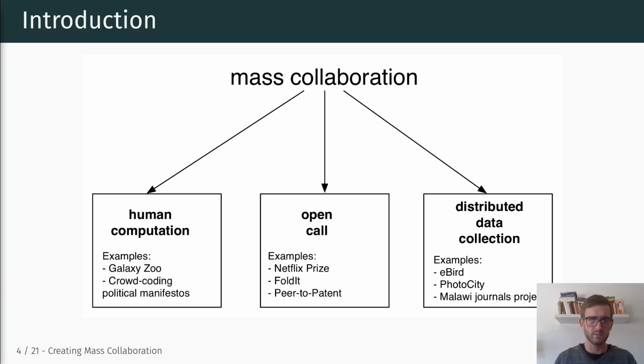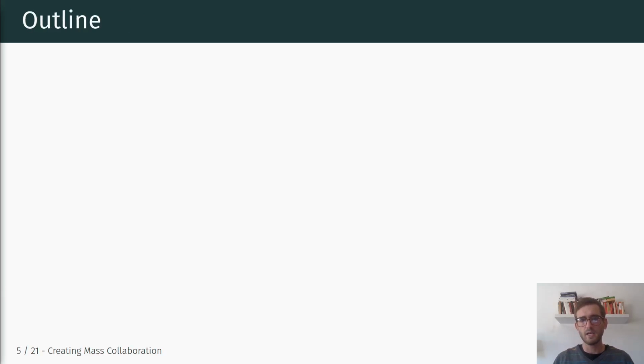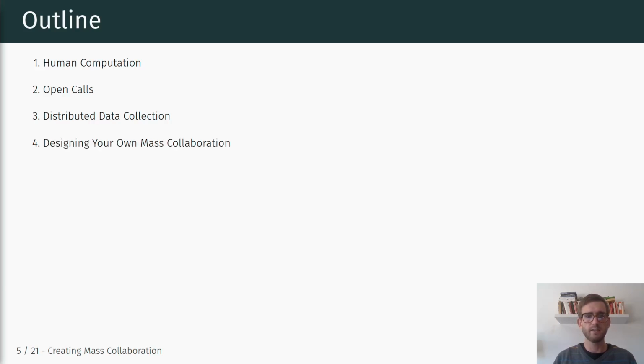And we'll have an example that we'll discuss in our Q&A session that uses this type of distributed data collection as well, which is really, really interesting. For example, in that case, in the context of conflict studies. But before I continue, let me briefly outline the next couple of sections, which I will probably combine in one video because they will be relatively short. We'll talk about the first part, as I said, human computation, then open calls, and then distributed data collection in a little bit more detail. I'll mention a couple of papers that are related to that, and then we'll discuss them in more detail in our Q&A session. And there's also some advice on designing your own mass collaboration to the extent that you can, for example, implement that as part of your research project as well, at least at a smaller